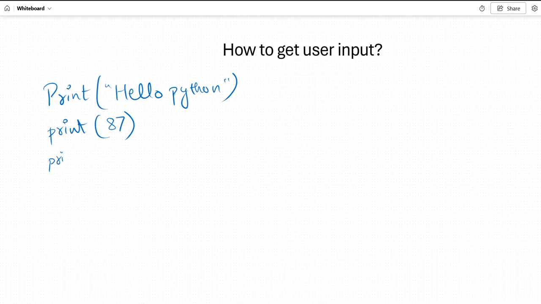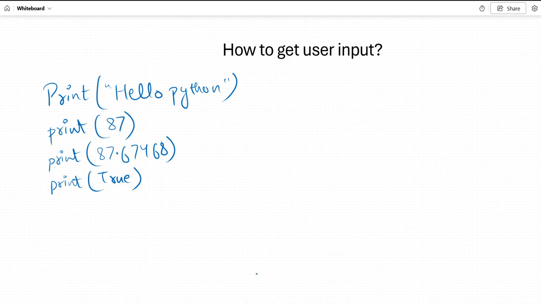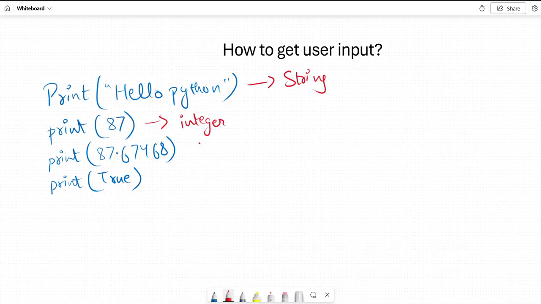Then if I wanted to print any float number, I was using 87.67468. If I wanted to print a boolean value, I was printing like this, right? So this is your string value, this is integer, this one is your float, and this one is your boolean value, right?